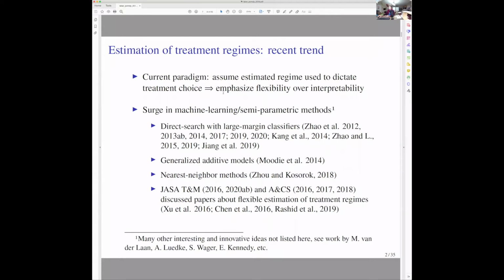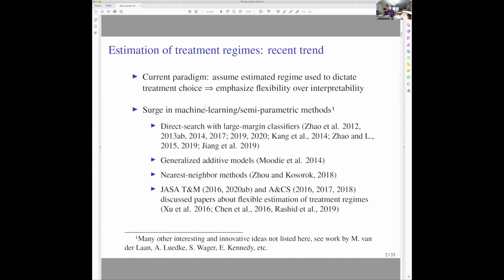And so this has led to an emphasis on flexibility, say, rather than interpretability. And so there's been this huge surge of really innovative research in machine learning and semi-parametric and non-parametric methods. There's not enough space in the slide to go over them all, but I've listed some of the early developments, things that are analogs of large margin classifiers, flexible regression type methods, and then just to